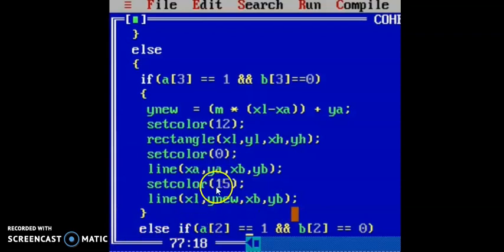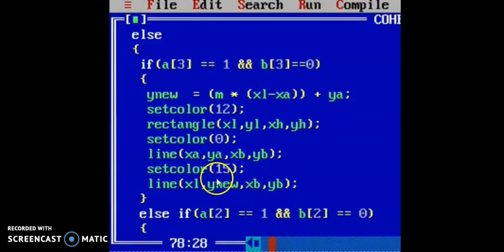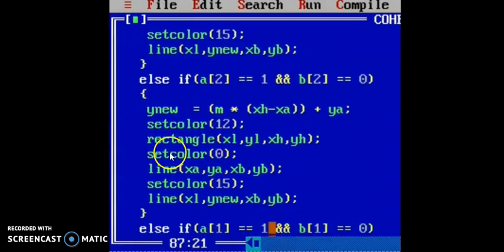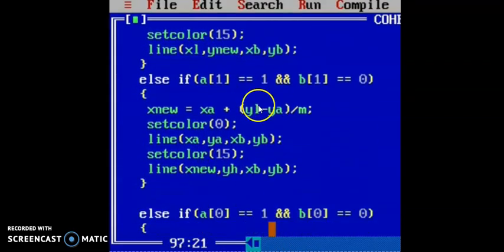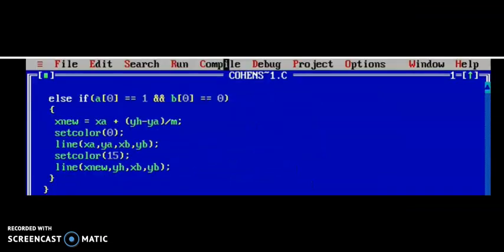Then next all the conditions will be checked. What will the conditions be? If a particular line intersects the window at two points, then there will be one piece of code. If a particular line intersects only one side of the clipping window, then there will be another piece of code, and according to that it will execute and the output will be shown. These are the points that will be considered: whether the line is intersecting at two edges of the clipping window or only at one edge.